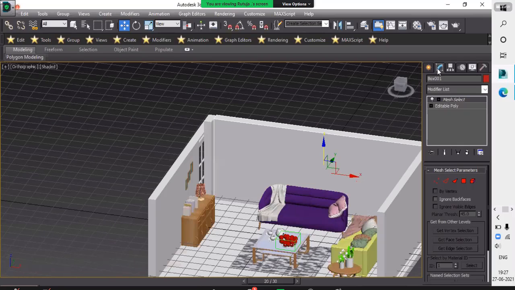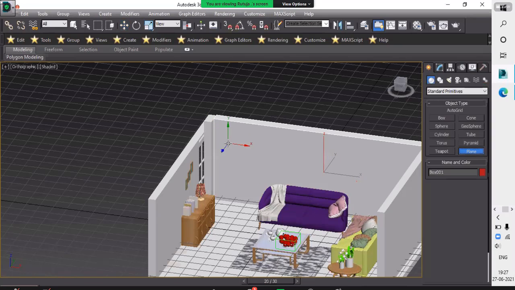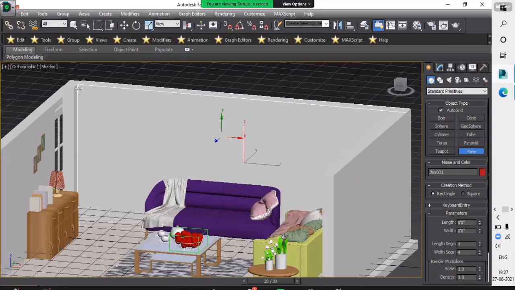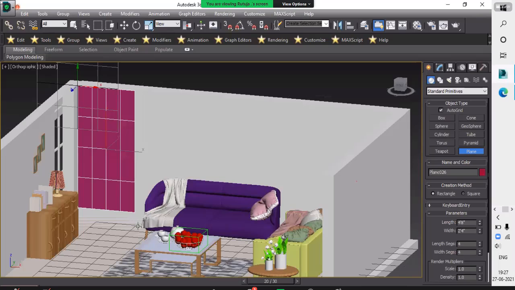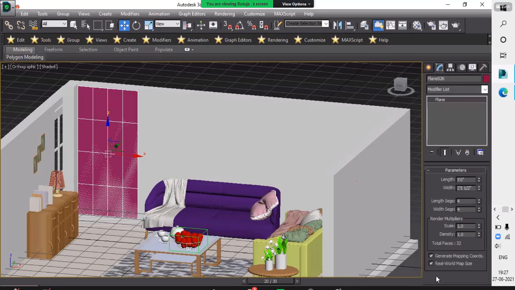Take a plane, and go in front view. So I will take one plane, and as I told you previously, go in the modify list.